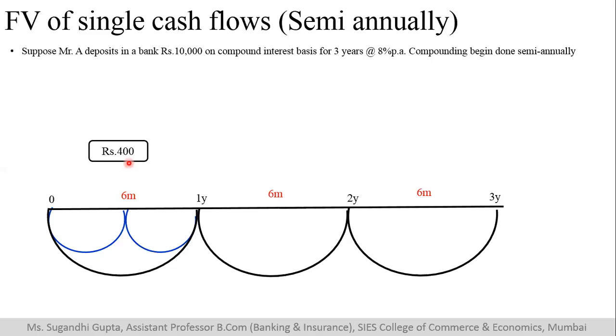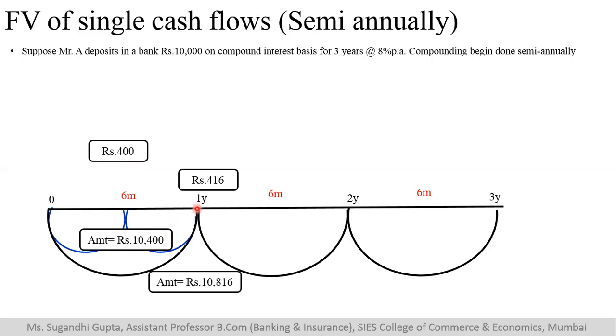Now what happens is, at the end of 6 months, if you ask me what his investment value is, it has become 10,000 plus 400. So the interest that is to be calculated at the year end will be calculated on 10,400, which is 416. Now, at the end of 1 year, again his value of investment, if you ask, it will be the initial 10,000 plus these both interests, which comes out to be